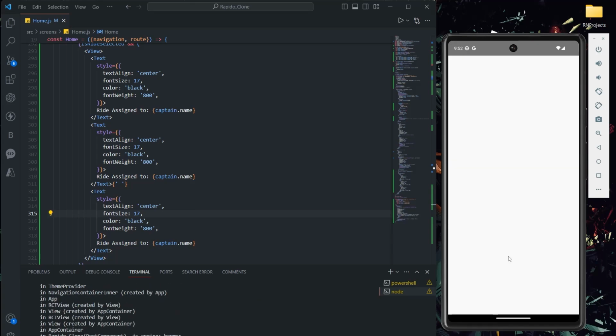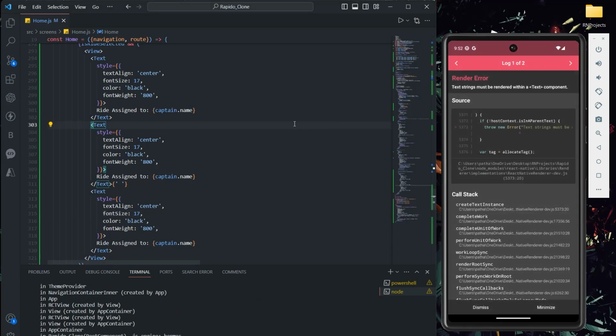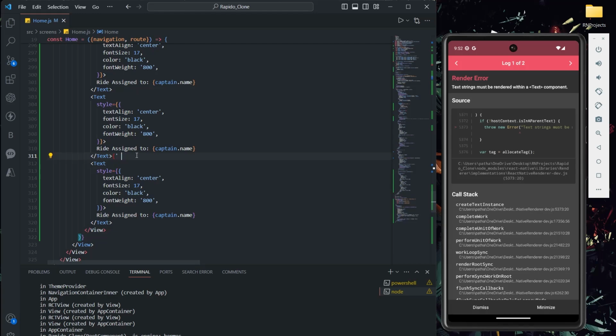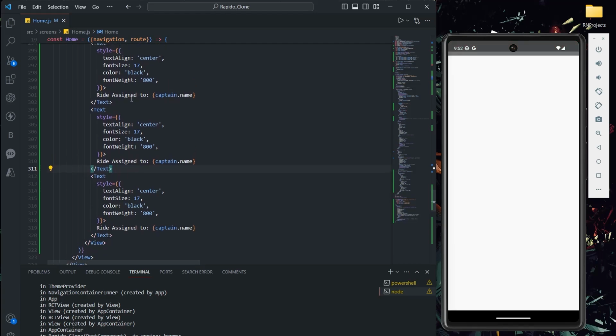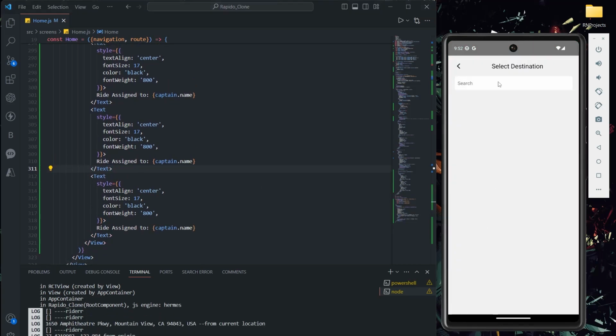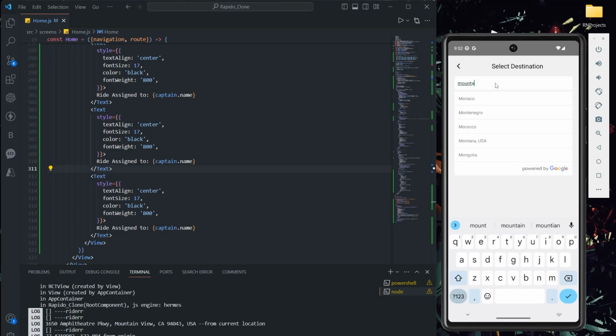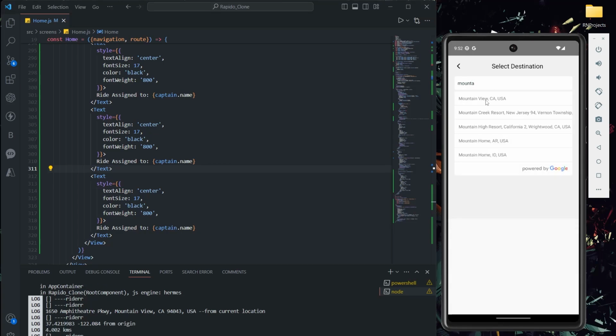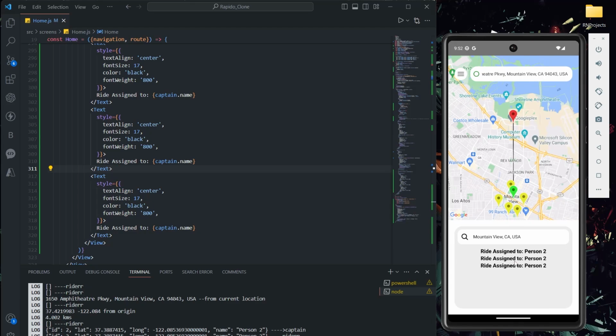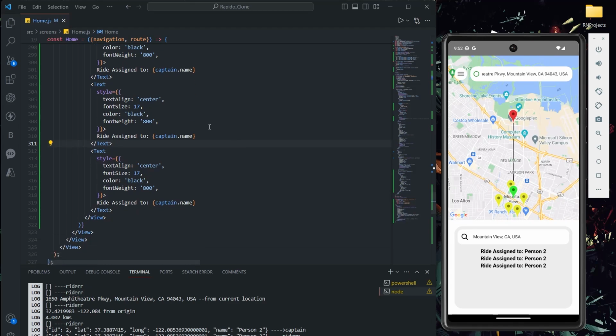Now if I click on car, okay, there is some issue. Let's try it again. See, it's showing 3 times.